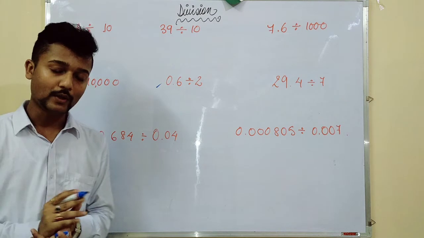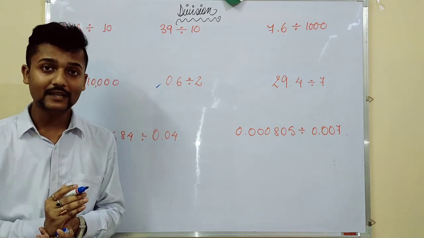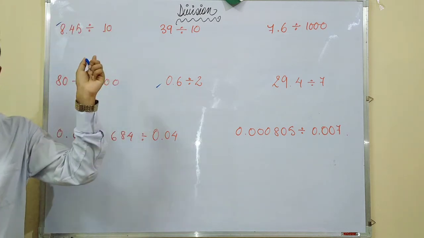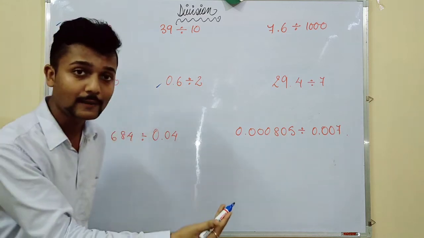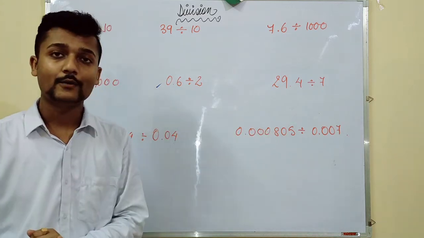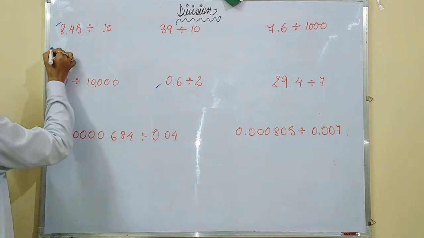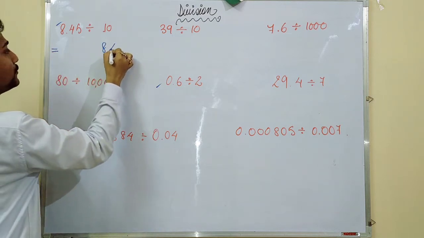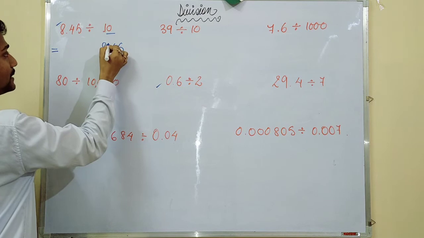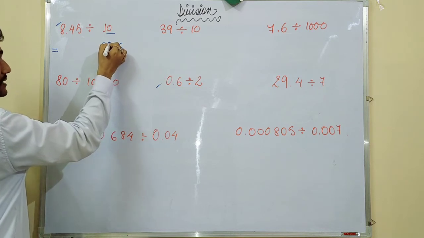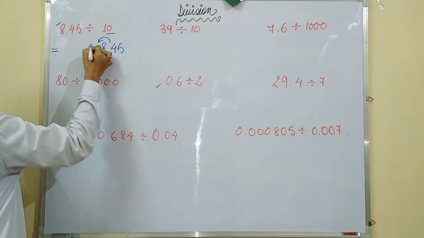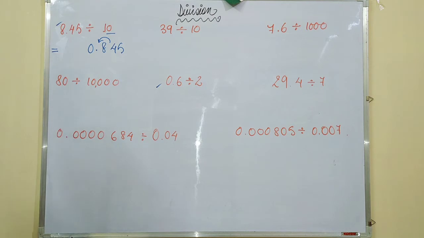In the previous part, when it was multiplication with 10, 100 or 1000, what we did was place the decimal on the right hand side. Yes or no? Here we will do the opposite. We will place it on the left hand side. So it will be 84510. That means the decimal was placed here previously. Now it will come this side. It will become 0.8. Okay.